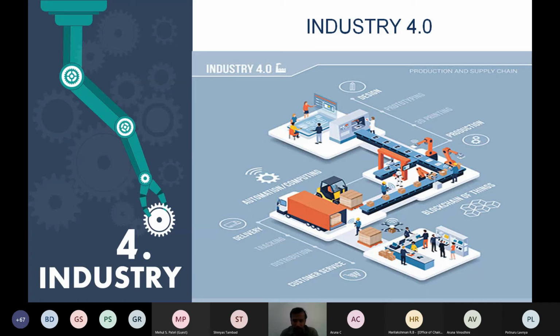It all started in the 18th century. The first revolution was in the 18th century, where the processes were controlled mechanically or naturally, we'll say. Most of the processes were controlled by steam power or water power. It took another century to find the next, Industrial Revolution 2, which started with the advent of electricity.